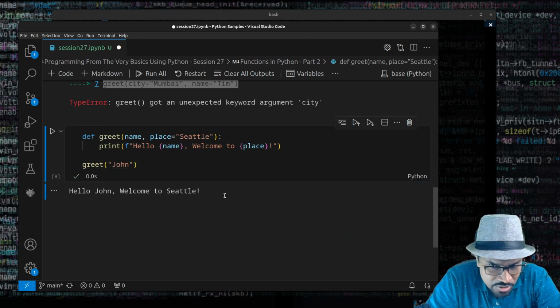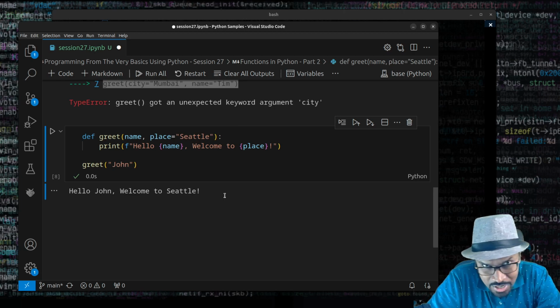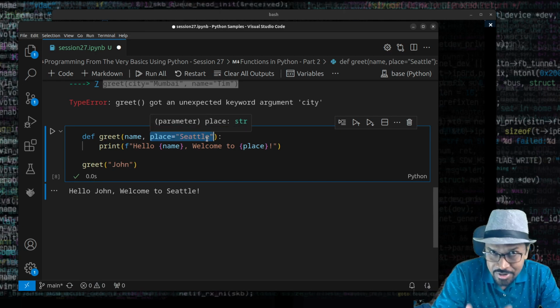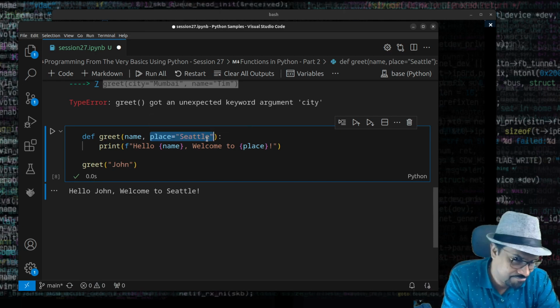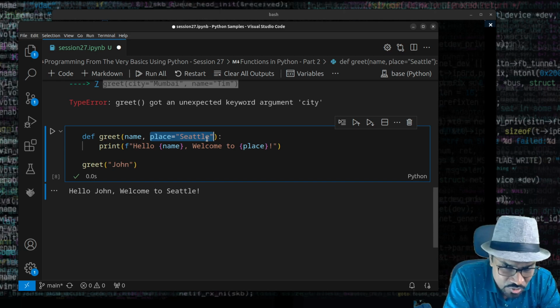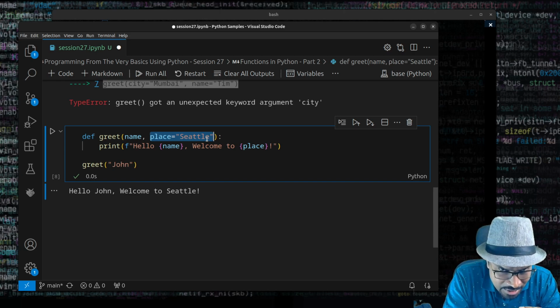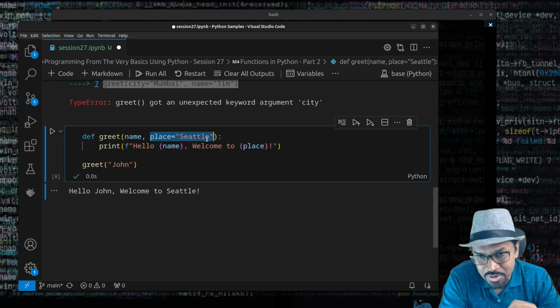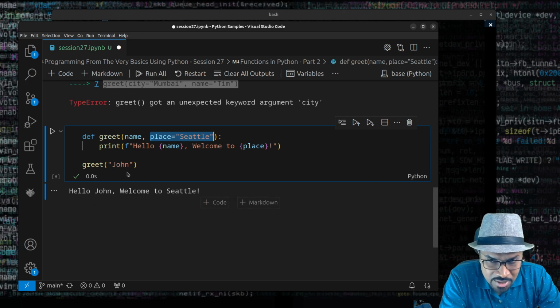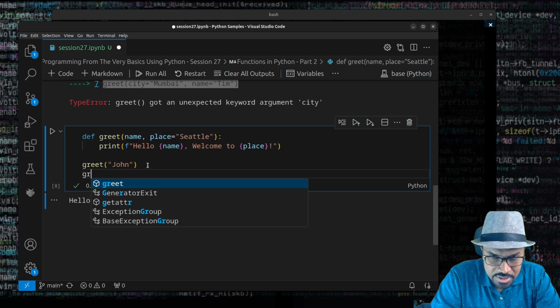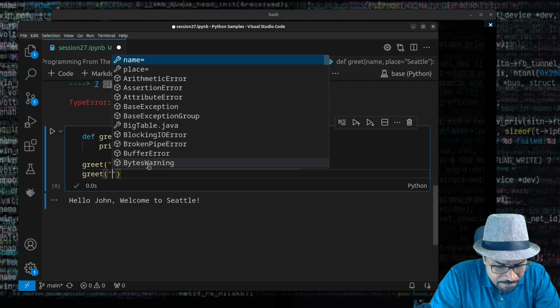When I say greet of John, I just pass one argument here. Though this function is defined to take 2 arguments, one of the arguments is not mandatory. It's not compulsory. That's optional, right? So if you don't pass that argument when you're calling a function, it assumes the default value for place is going to be Seattle. However, if at all I call the same function greet, and this time I pass